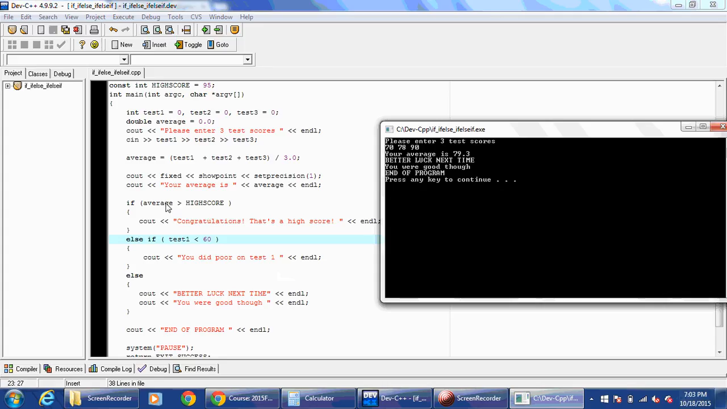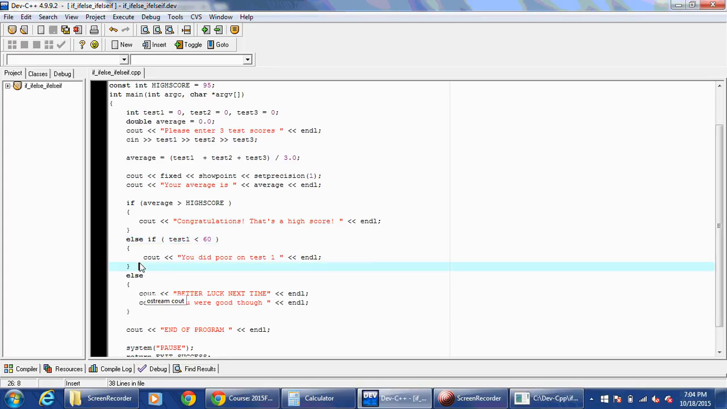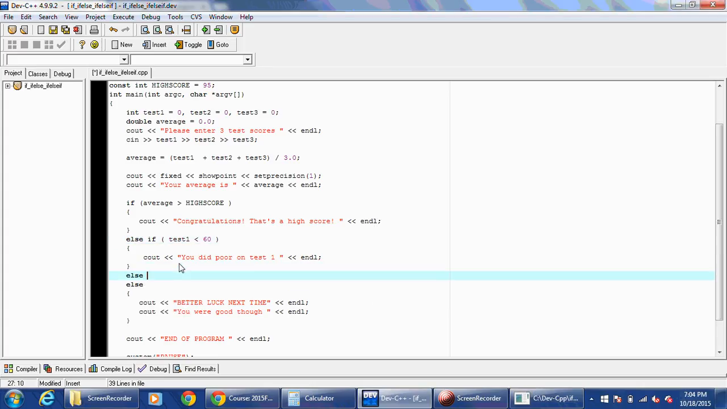This was false, so it's not going to go in here. This was false, so it's not going to go in here. There are no more else ifs, so it's going to go into my else, and it's going to say, better luck next time, you were good though. Right? It runs into my default condition. I can have as many else ifs as I want, so if I did test 2 is less than 70,